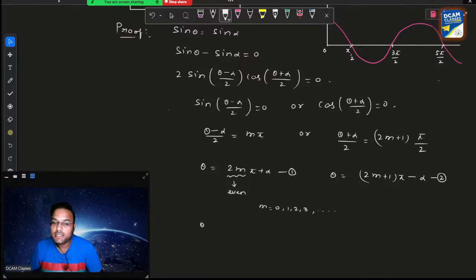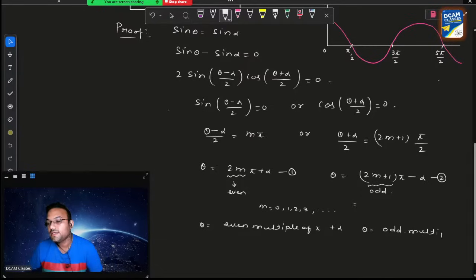So theta here is the even multiple of pi plus alpha. Here, whatever value you take, you will get always odd number. This represents odd. So in this case you get odd multiple of pi. The values you are getting is 1, 3